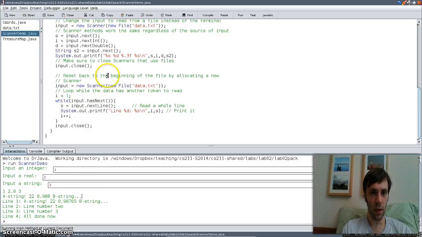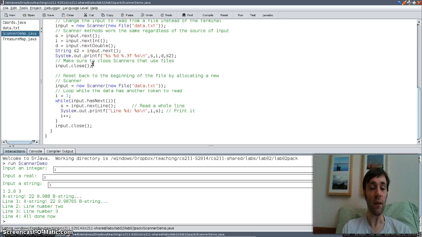So it looks good. When you're reading from files and you're done, it's a very good practice to close whatever input you're working on. This frees up operating system resources, and it is possible if you keep opening files and never closing them that you'll exhaust some of the internal resources of the operating system. So always after reading from files and you're done, in this case we just wanted the first line, close that